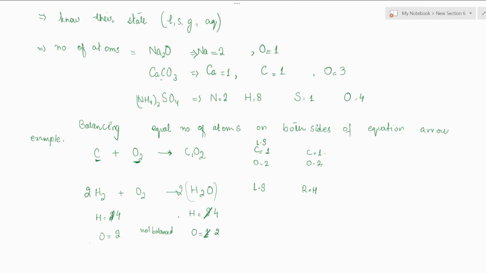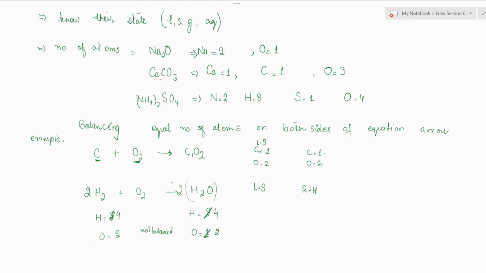Is this balanced now? So this is how you balance this. 2H2 plus O2 gives 2H2O. Okay. This is a simple equation, you can do it easily, but whenever there is a complicated